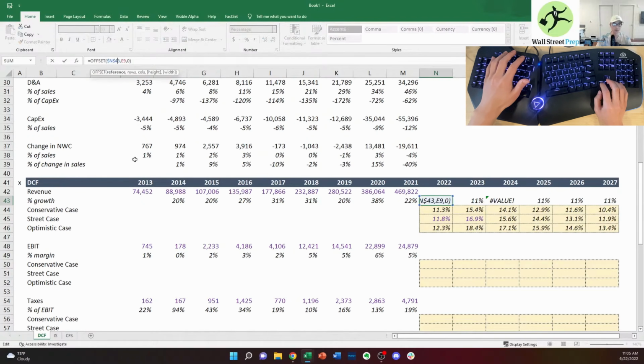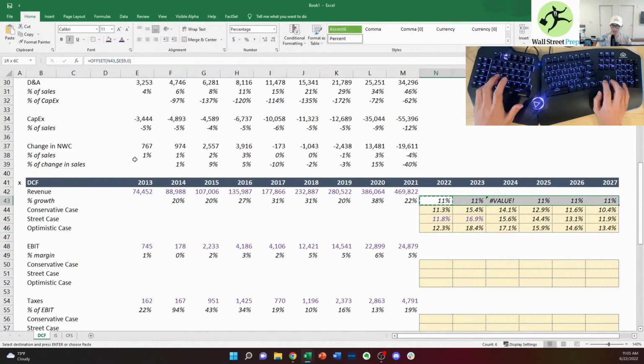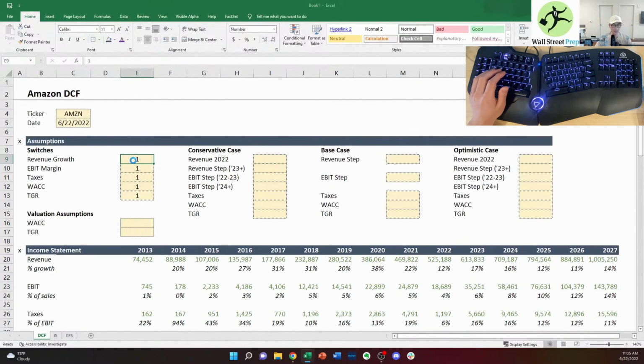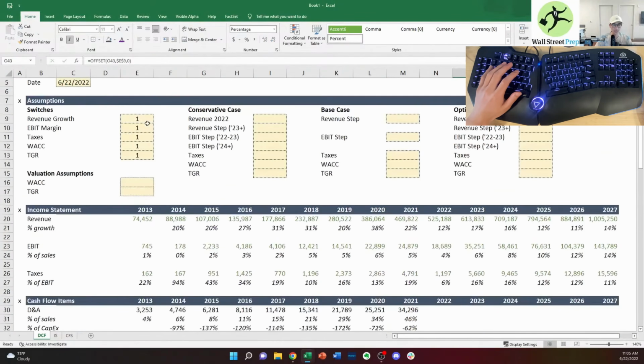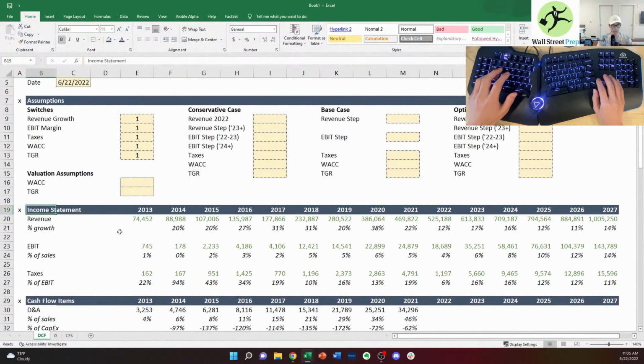Oh, I did it to the wrong one, sorry. It's actually E9. So when I Control paste this across, now you can see that it's doing exactly what I wanted to, which is to be anchored to this cell over here. So that way, whenever I change this,